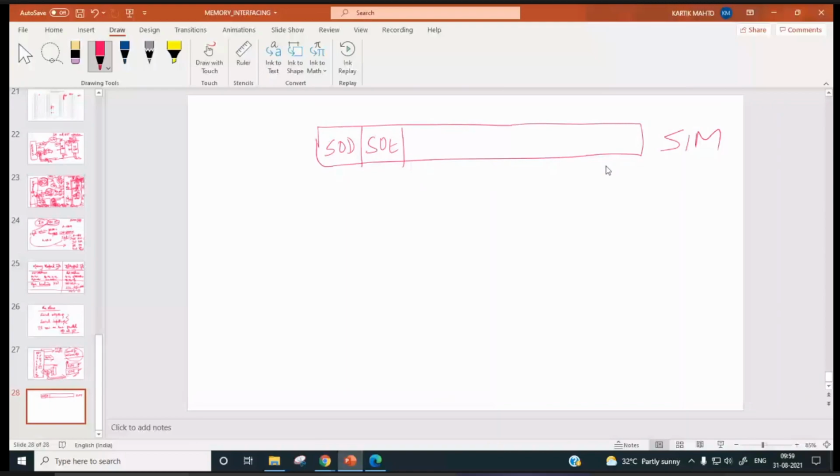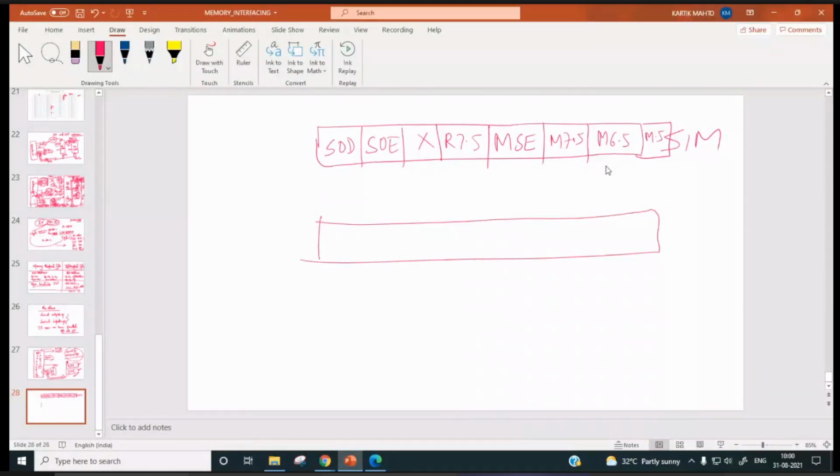R7.5, MSE, M7.5, a very, very important topic. M6.5, then finally M5.5 is there. Similarly, we have RIM. So these types of registers are there which are not shown.